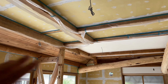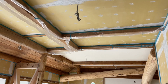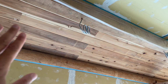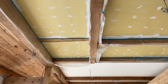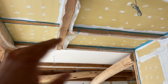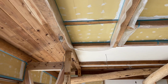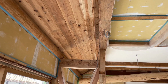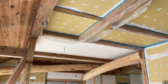Again, beams exposed with the white ceiling, white shikui. As discussed before, we were debating whether we were going to put all wood such as this right here throughout the ceiling, which was an option, but I kind of wanted these beams here to be exposed or to pop, right? So we opted to just go ahead and add this little strip right here so we can have some of that cool look, but then also just kind of go with the shikui plaster,